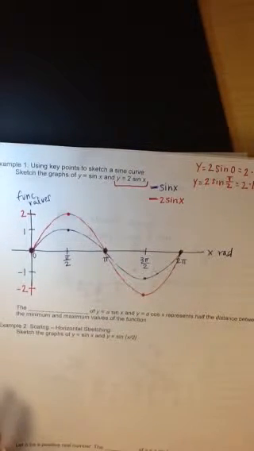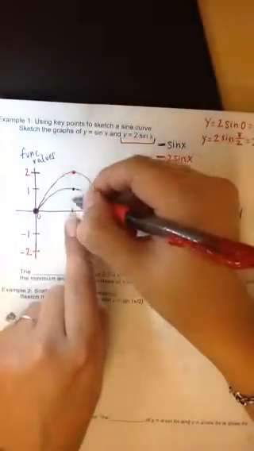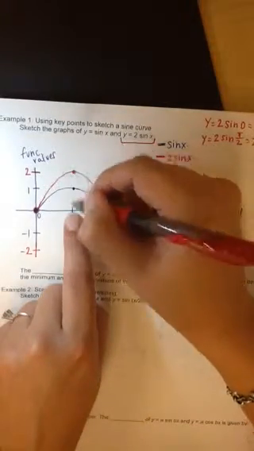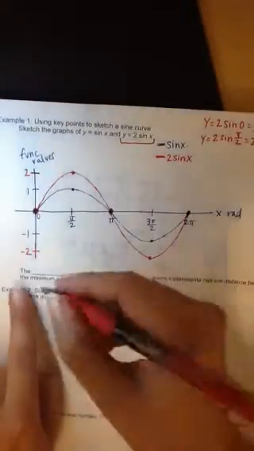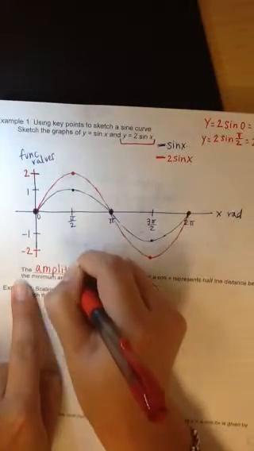All right. This brings up the final thing we're going to cover today. The difference between these two functions lies in something called the amplitude. So the reason that this function's max value is at 1 and this one is at 2 is because these two functions have two different amplitudes. So the amplitude